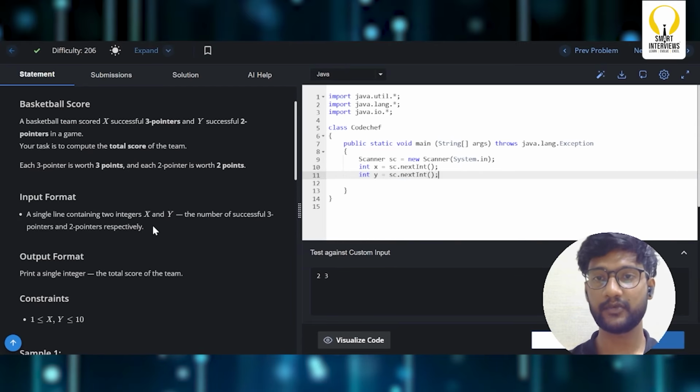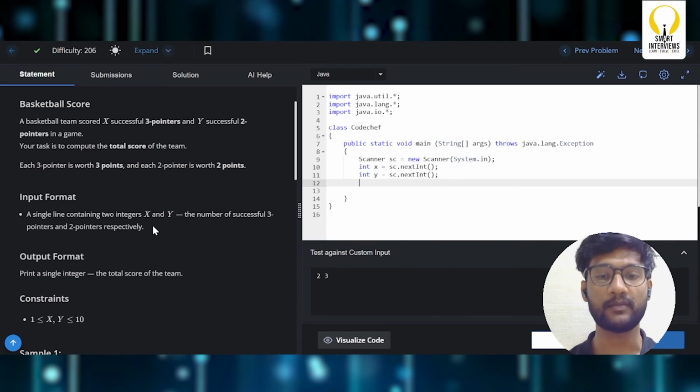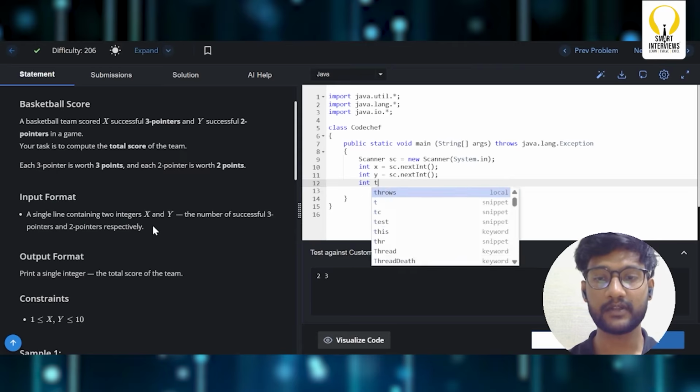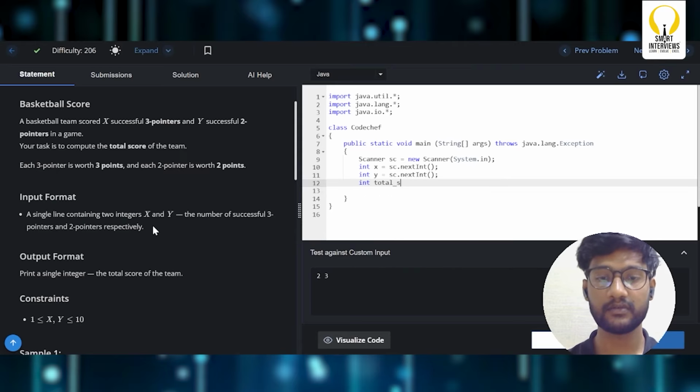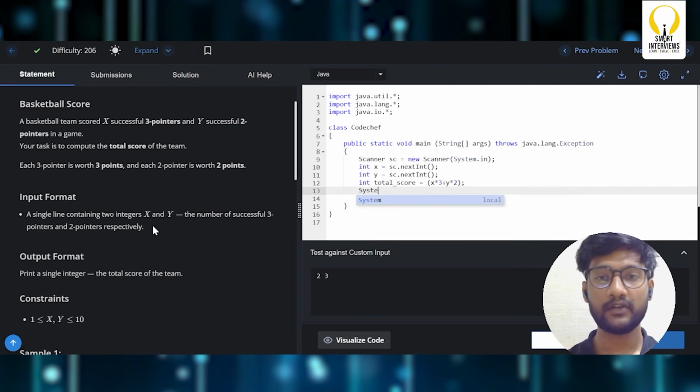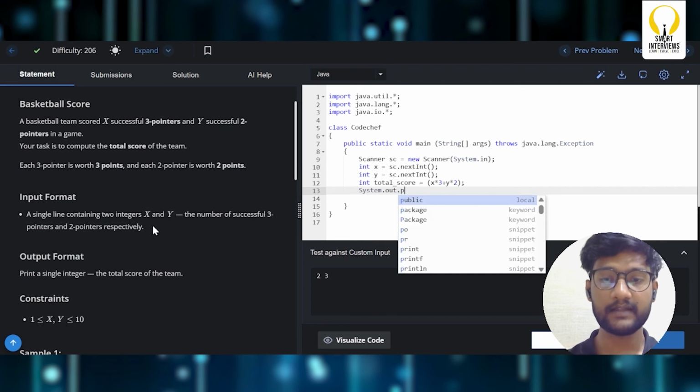After that, you're supposed to calculate your total sum, right? I'll take one more variable, let's say total score. And how are we going to calculate? x into 3, and the same way y into 2 to calculate your total score. And I can simply print my